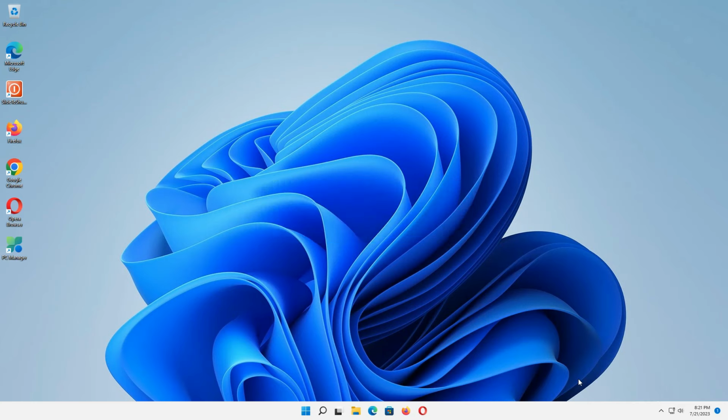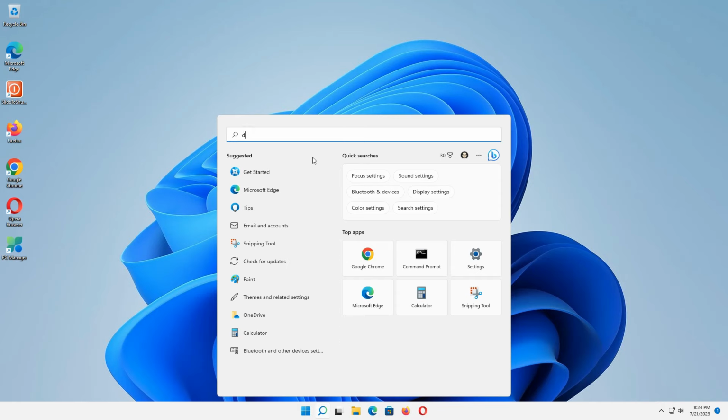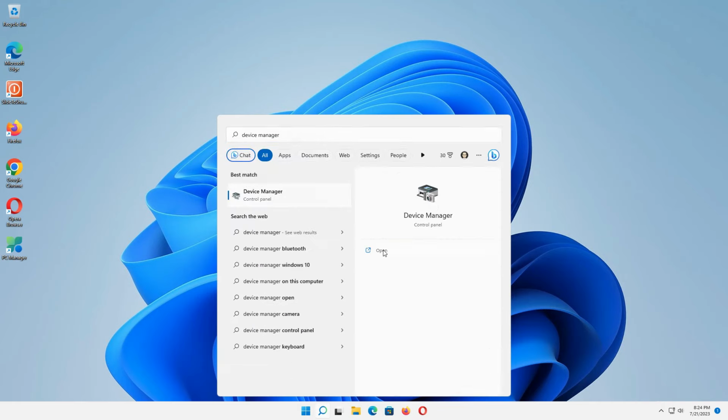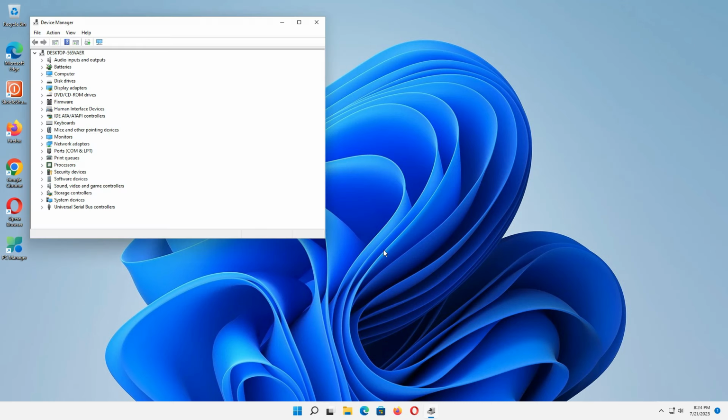Method 2. Click the search icon and type Device Manager. And click this to open. Here, in the Sound, Video and Game Controllers, click this little arrow icon, then right-click High Definition Audio Device, and